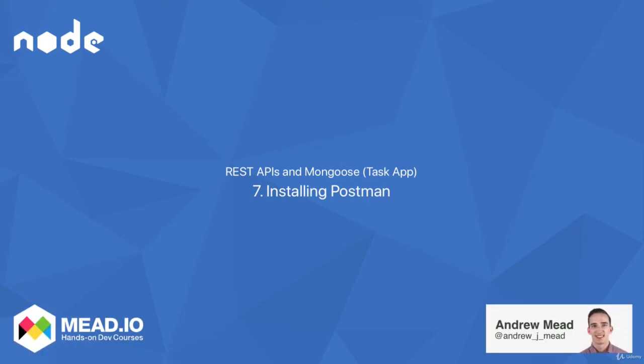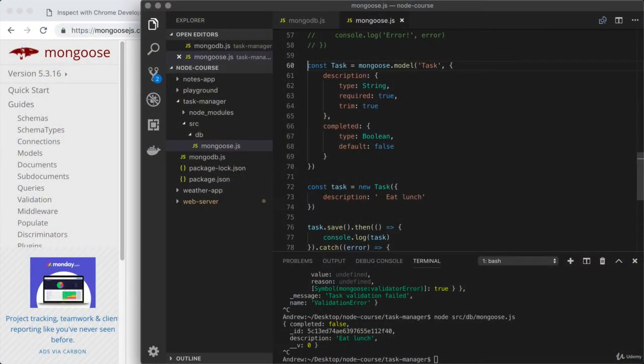As suggested by the last video, we'll be making a ton of HTTP requests as we create and build out the Task Manager REST API. Now, we already know we could make those requests from the browser to test our work as we build out the API. We've made HTTP requests from the browser before in this class, but what I want to introduce in